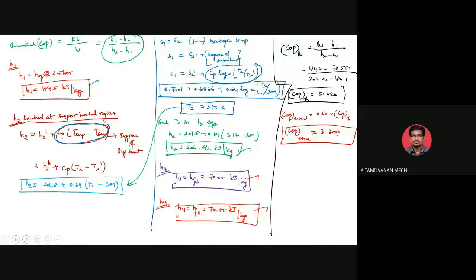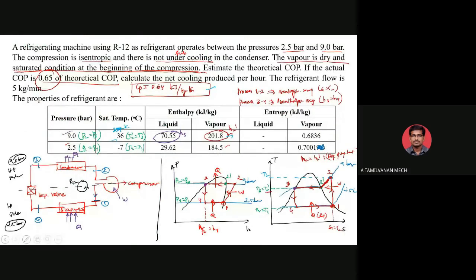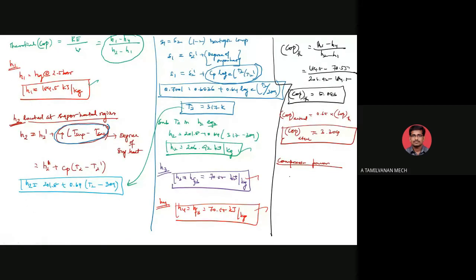Before you calculate the net refrigeration effect, you are going to calculate the compressor power. The compressor lies in which region? The compressor lies in the region 1 to 2. This is called compression. So the compressor power, that is the work done, is equal to H2 minus H1. By multiplying by the mass flow rate, we can get the power in terms of kilowatt. Here the mass flow rate of refrigerant is 5 kilogram per minute. You better convert it into seconds, that is 5 divided by 60 into H2.